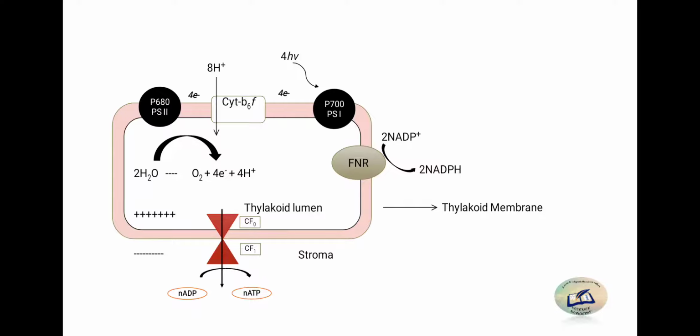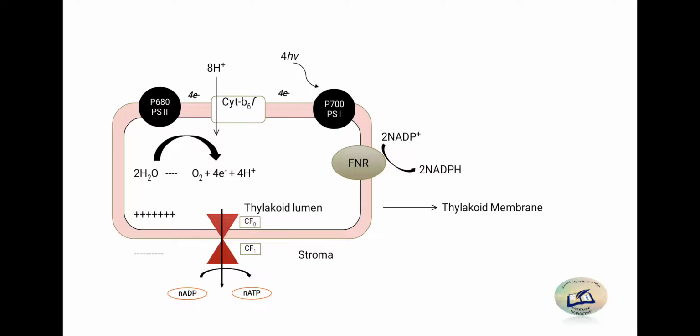See, the lumen is marked plus plus due to the surplus amount of H plus present. So there is an electrochemical gradient created between the lumen and the stroma, where the lumen has an excess of positive charge while the stroma is lacking positive charge. This is not in favor of the energy cycle, since energy always travels from the greater side to the lesser side, and energy balances itself whatever form it might be. So here also the same thing will happen, the protons will be pumped out.